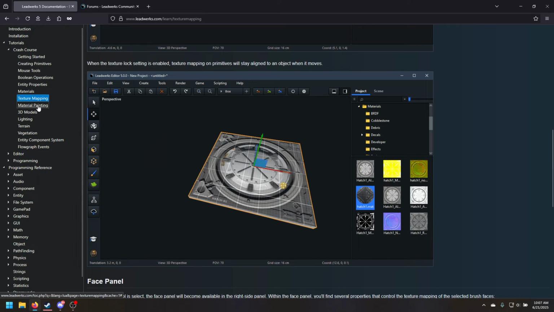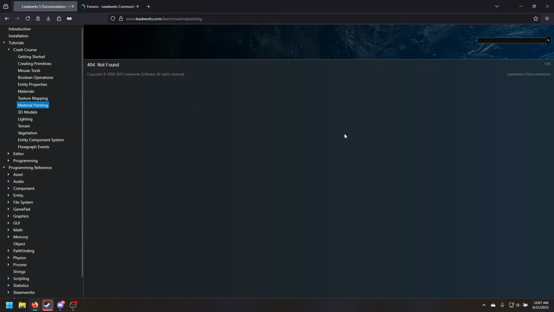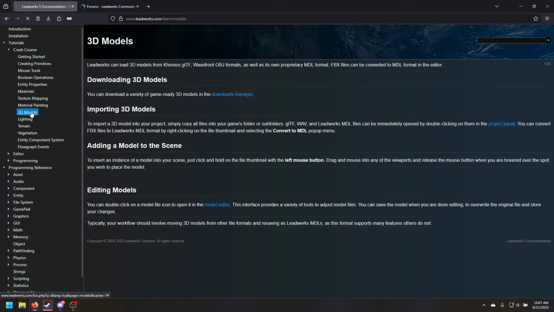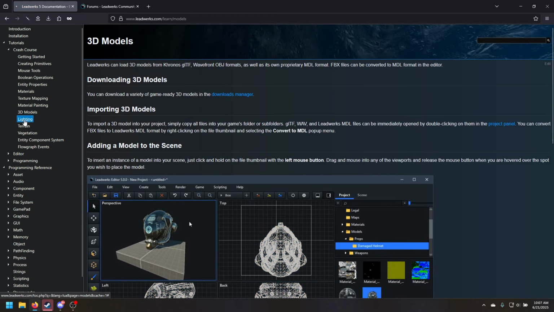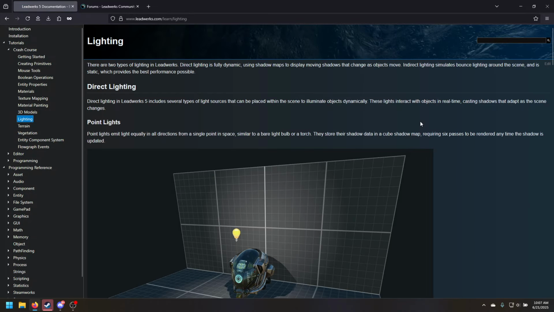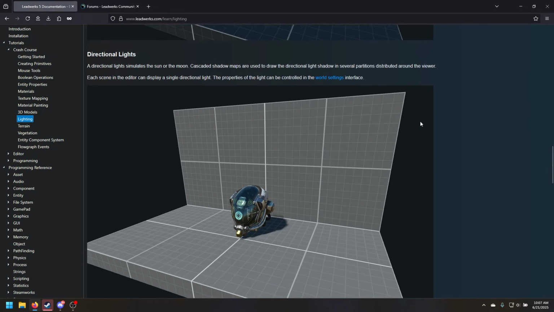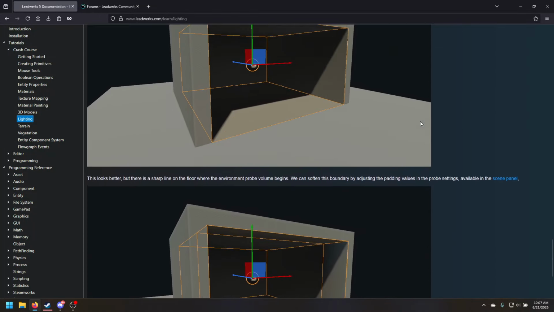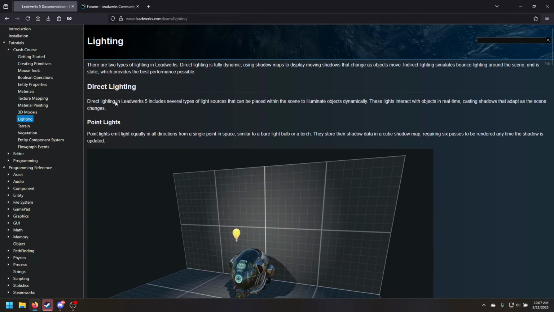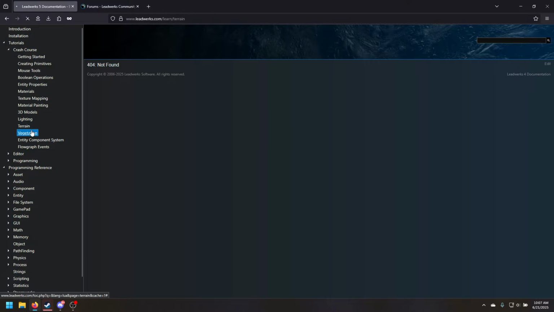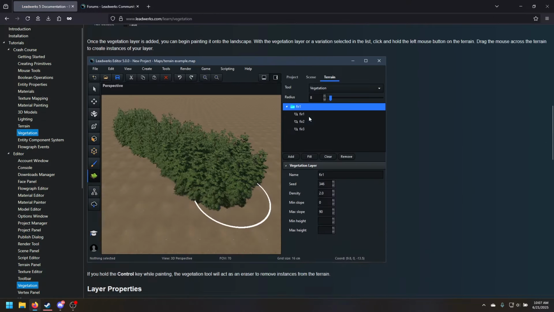I think the next section is going to be material painting, and I haven't written that yet. And then I'll talk about 3D models. This isn't complete, no video yet. Lighting will come next. And I think I'll put the environment maps in there so we can fit skyboxes in there too. Then I'll talk about terrain editing, vegetation system,